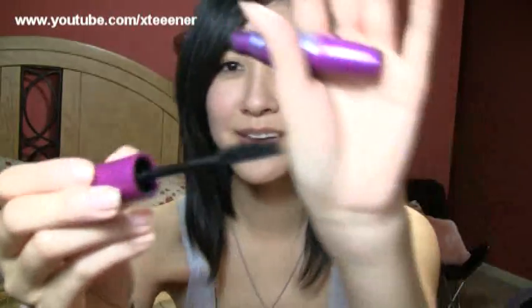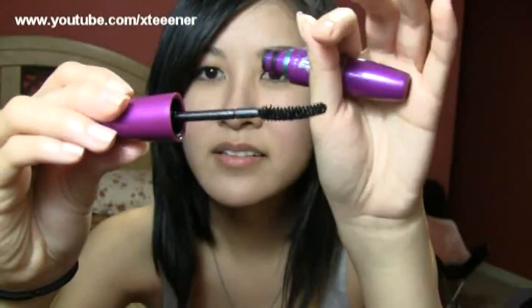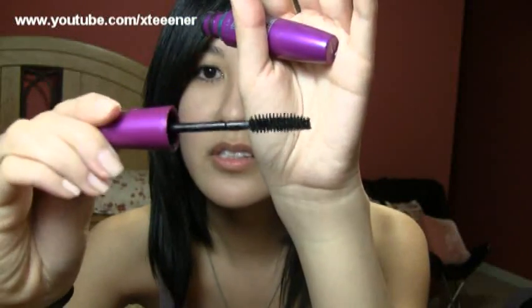I like how dark it is, I like how it just lifts my lashes, and it's very comparable to the Colossal if you have tried the Colossal. It's just that the brush works like magic, I guess. I really like the brush. It's slightly curved, as you can see. And it can be a little bit clumpy, but I actually don't mind that as long as it adds enough volume to my lashes. I do have the mascara on right now, and the waterproof version is very difficult to remove though,